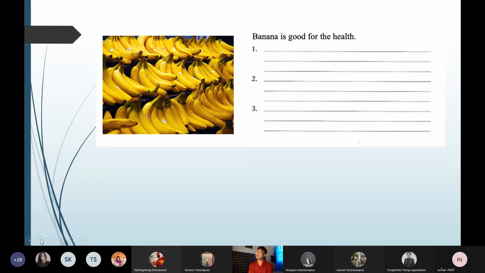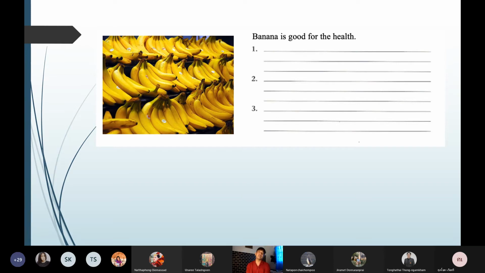Right? Number 3, another one good for the health. It could be a remedy for diarrhea. When you're having a stomach problem, if you're going to the toilet a lot of times, then you could use banana as one of the home remedies when you eat bananas, right? So you could use details and examples, okay, to support your main points, okay? So that is the concept of the body.